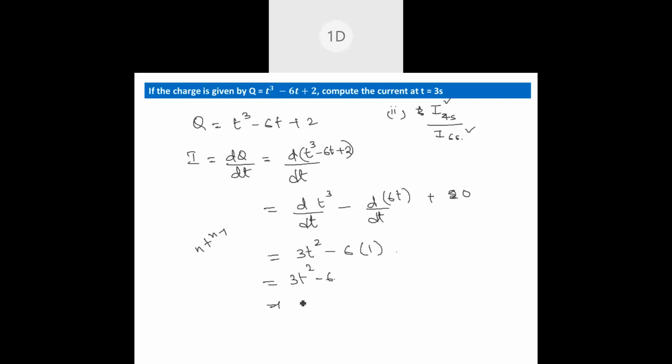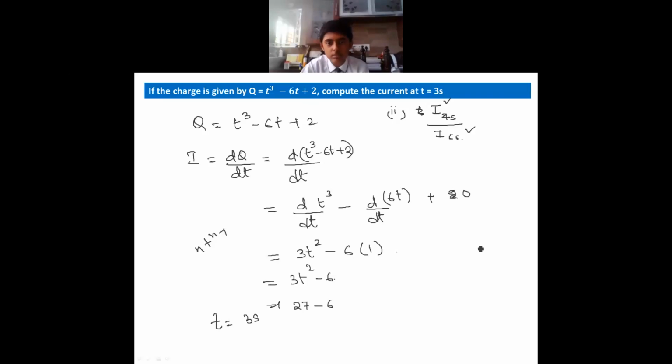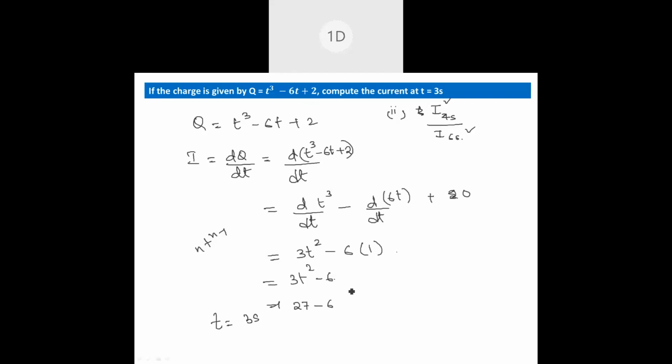Others, how about you? So here I wanted at t equals 3 seconds. So 27 minus 6. Guys, you have not got, all are telling 12 ampere in the previous one at t equals 3. Ma'am, I got 21. It's 21. Even I got 21, ma'am. Everyone, why they said, I was confused. I think they did like this, 27 minus 6 into 3, I think they did t over here also. That too, so many of you. Yes, ma'am. Even I got 21.